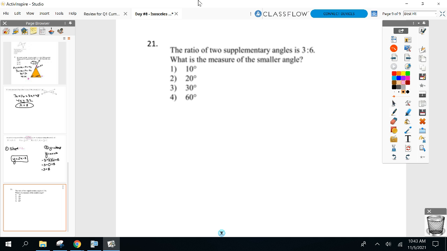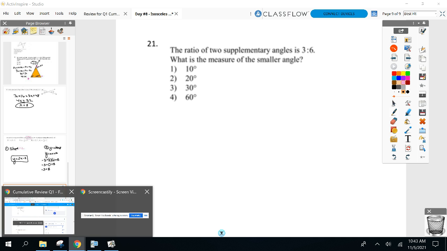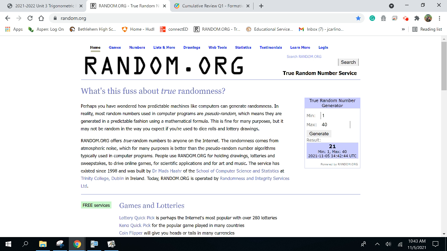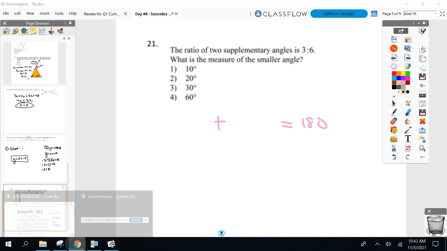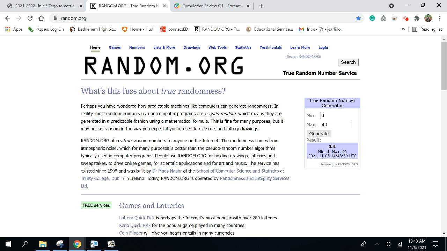All right, two supplementary angles. I'll start right there. What does supplementary mean? These two angles are going to do what here? They equal 180, right? Two angles equal 180. If I have numbers in a ratio, what do I use with the 3 and the x? I put what with them to put in the equation? The 3 and an x, attach a